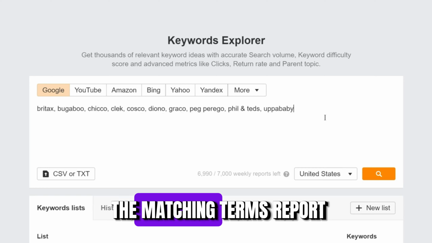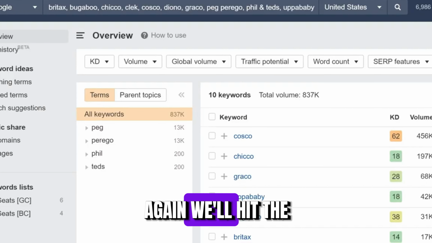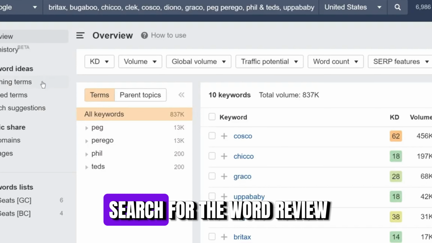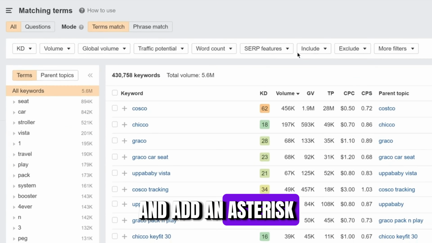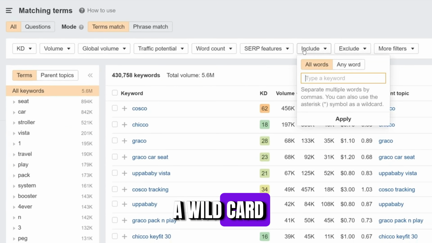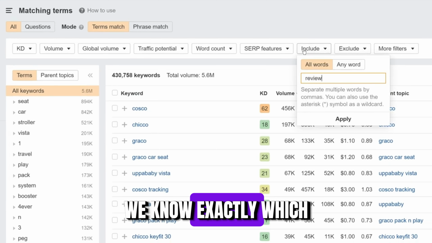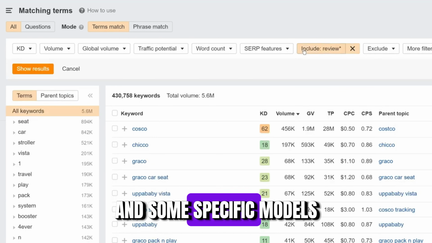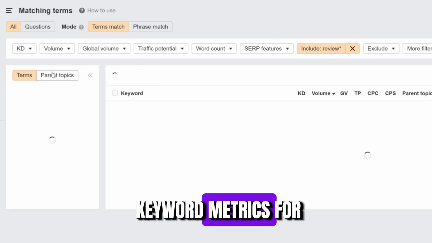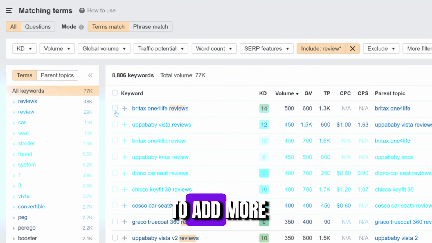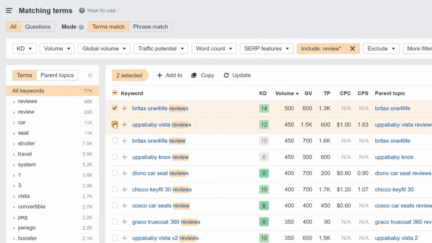Let's head over to the matching terms report. Again, we'll hit the include filter, but this time we'll search for the word review and add an asterisk at the end, which will act as a wild card. Just like that, we know exactly which brands we want to review and some specific models which we now have keyword metrics for. So take some time to add more keywords to your keyword list, and when you're ready, we'll move on to the last type of keyword,